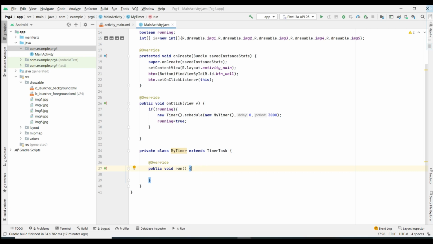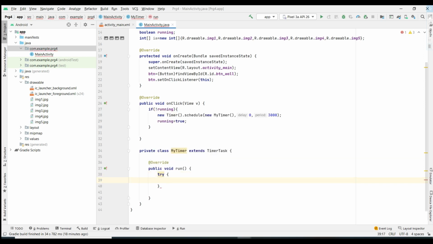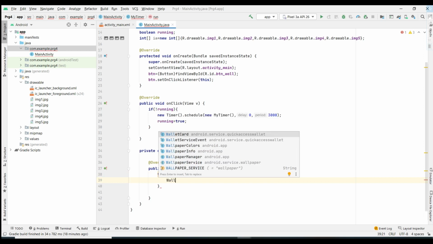Now after implementing this run method, sometimes the wallpaper application may not run, or it may not change the wallpaper. So in order to handle the exceptions, we are going to give the try and catch blocks. So in try, we will be making use of WallpaperManager.